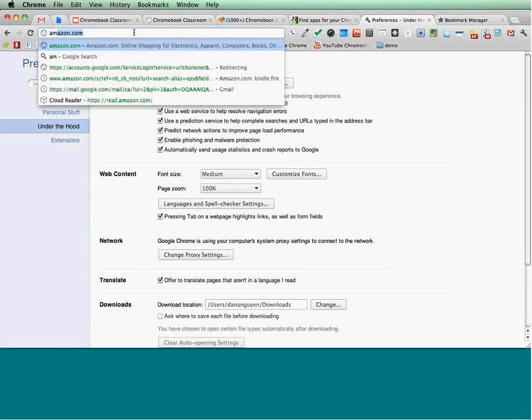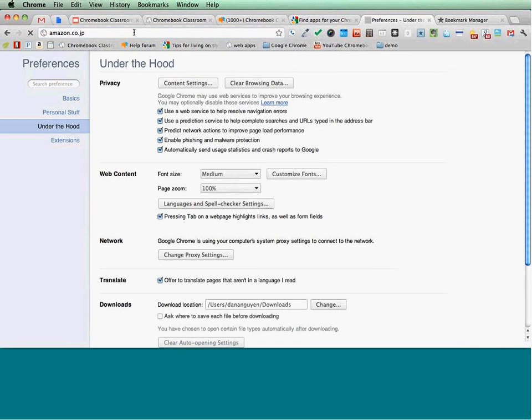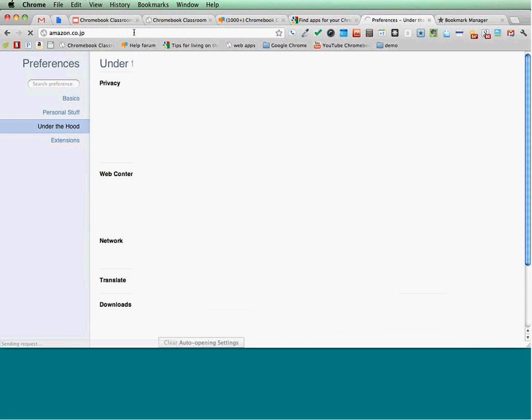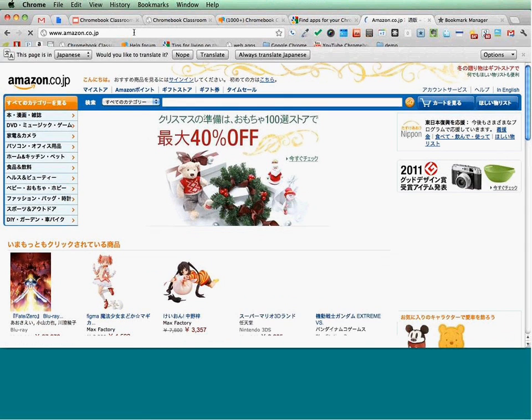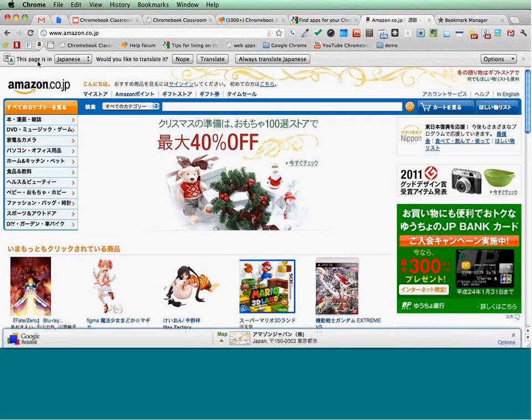So I'll show you an example. I shop a lot on Amazon. Probably not a week goes by when I don't buy something on Amazon. There's an Amazon page that I know and love, and I'm going to visit the Japanese page. And Google Chrome recommends that it says this page is in Japanese, would you like to translate it? Because it recognizes that I don't typically visit Japanese pages, so if I click the Translate button, we take advantage